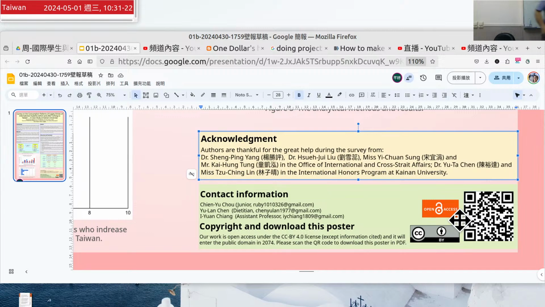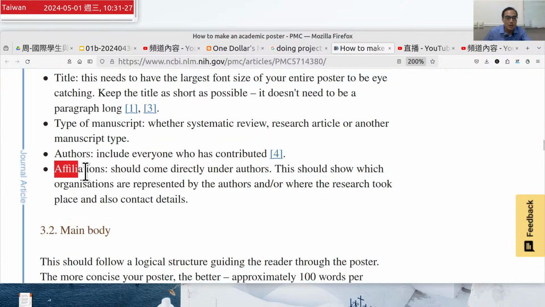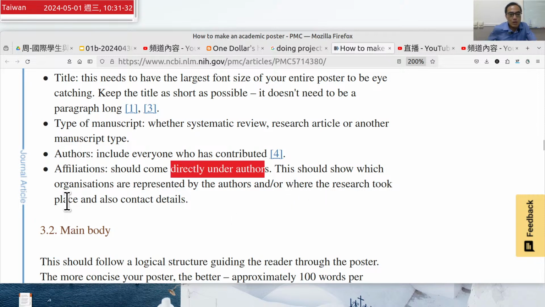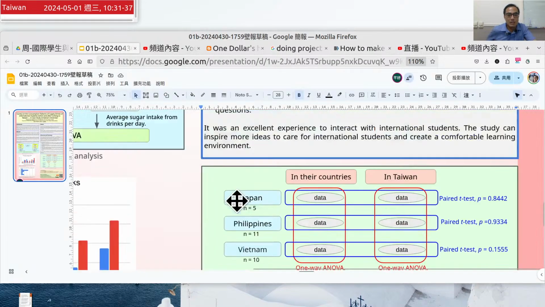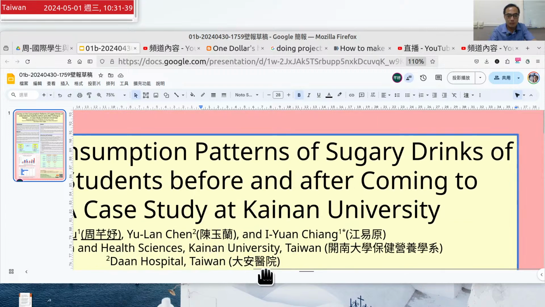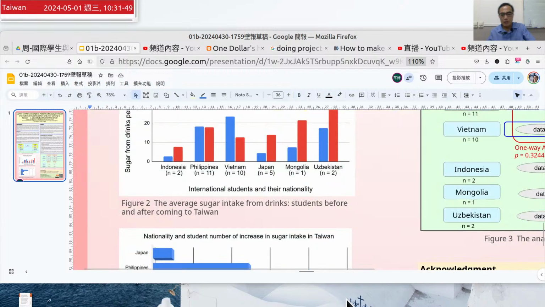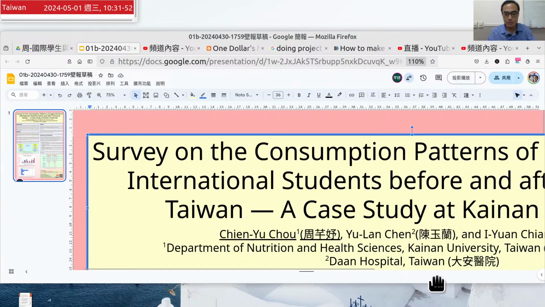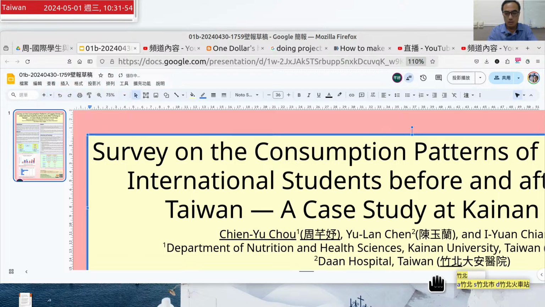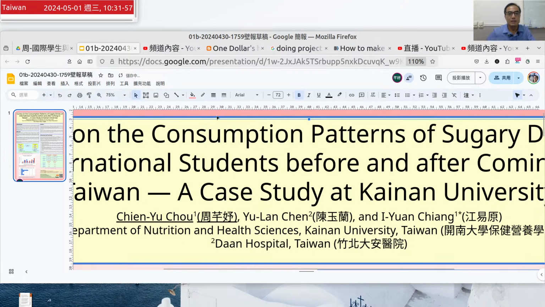Okay, then affiliations should be directly under authors. This should show which organizations are represented by the authors. For example, here, our names, our affiliation, Department of Nutrition and Health Sciences, Ghana University, and the dietitian is from the An Hospital, the hospital here. Okay, then